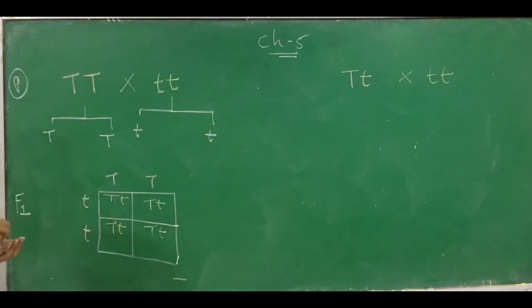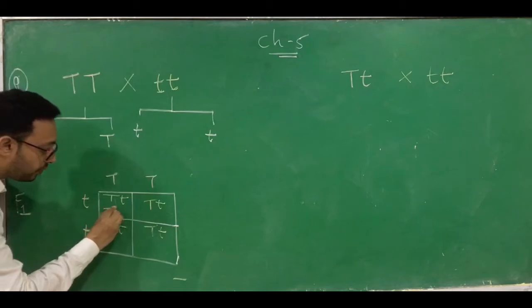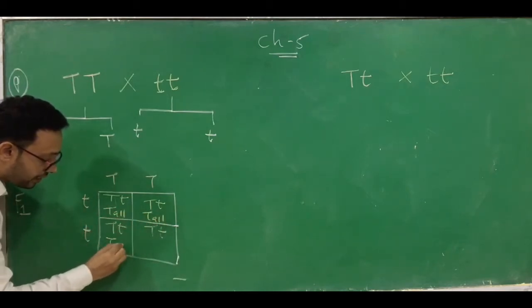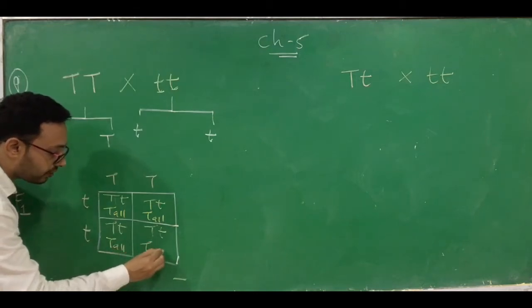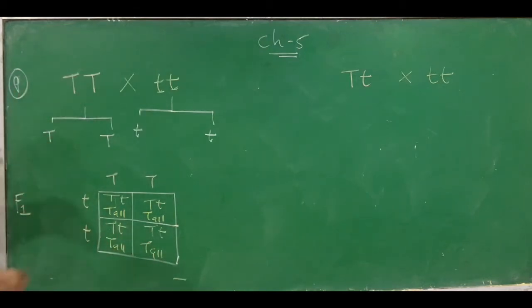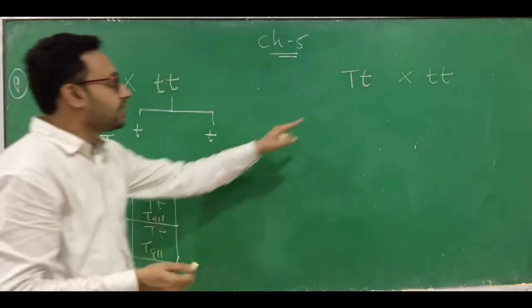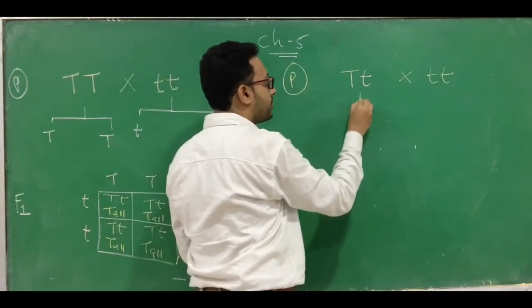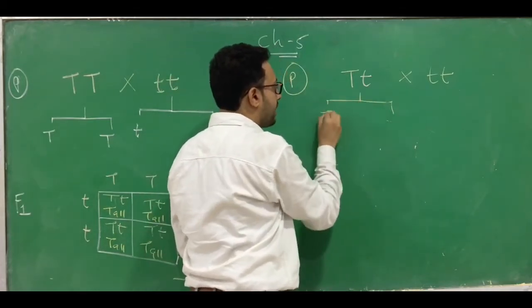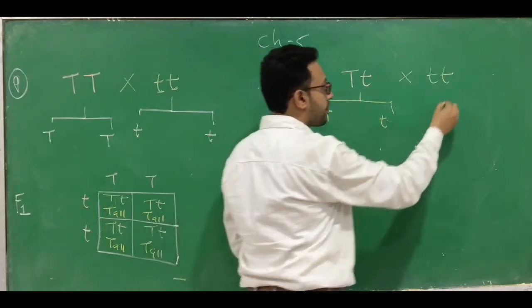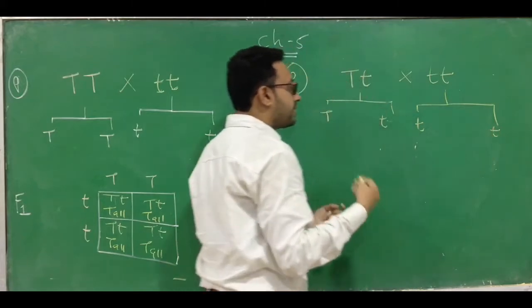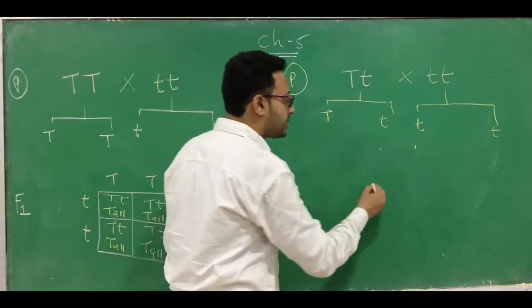Now all of you know the meaning of capital T, small t. What is capital T, small t? It is tall. Clear? So that happens in the case of homozygous tall. But suppose assume that it is heterozygous tall. Do the same. This is the parent generation. Make out the gametes. Which are the gametes? Capital T, small t. Here the gametes are small t. Now make the fusion, using the Punnett square method.